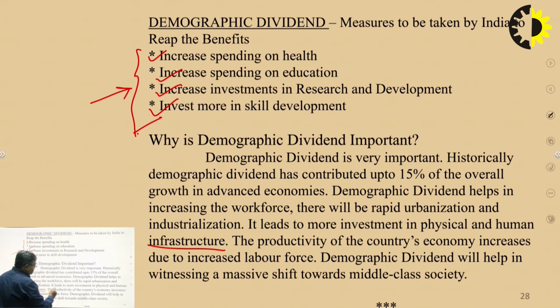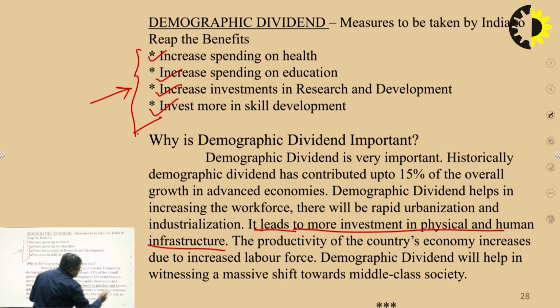The most important aspect, in between the lines, is highlighting how the quality of human resources will definitely increase the level of investment, thereby having a multiplier impact on all the allied sectors of the economy. The productivity of the country's economy increases due to increased labor force, employability, income resources, and investment. The rate of savings will also increase.